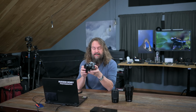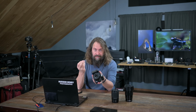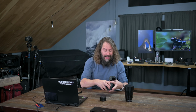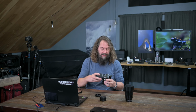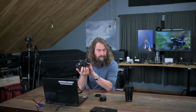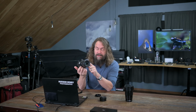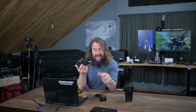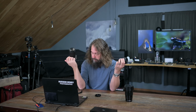The fact that you can buy this camera with its kit pair of lenses, the 16 to 50, and because of the smaller sensor, that's the equivalent of a 24 to 75 variable aperture little lens, as well as the 50 to 250 lens, this little extendable wonder, both of which have built-in image stabilization, so you get your vibration reduction from these lenses. You can get this whole kit. This 50 to 250 is the equivalent of a 75 to 375 millimeter lens in the full frame world. And you can buy the whole thing for, what is it, $1,300 essentially with the brand new